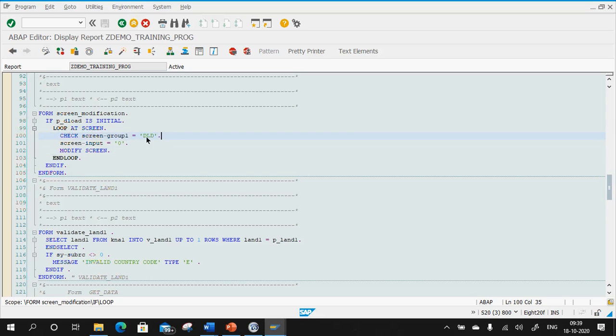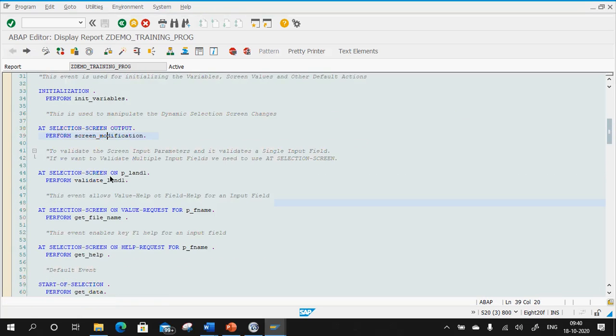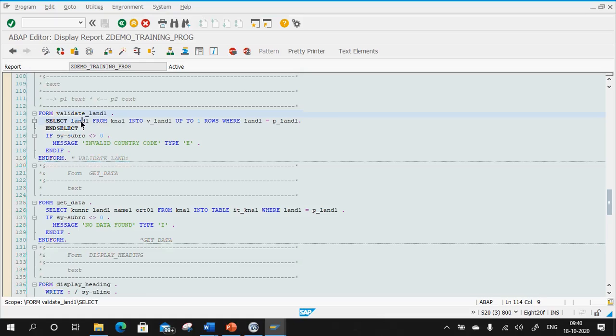So if this modif id equals DLD, check the screen group, and initially if this checkbox is disabled, that is not selected, screen input should be equal to 0. If I want to enable the same, screen input should be equal to 1, and then modify screen for modifying the screen parameters. Now once your screen modification has been done, I want to validate whether this is the same or not. So what I am doing, now I am passing this value, this p_land1, and